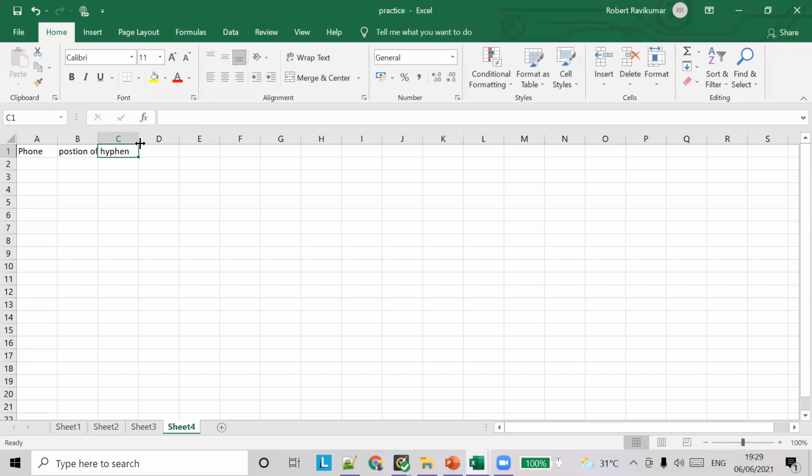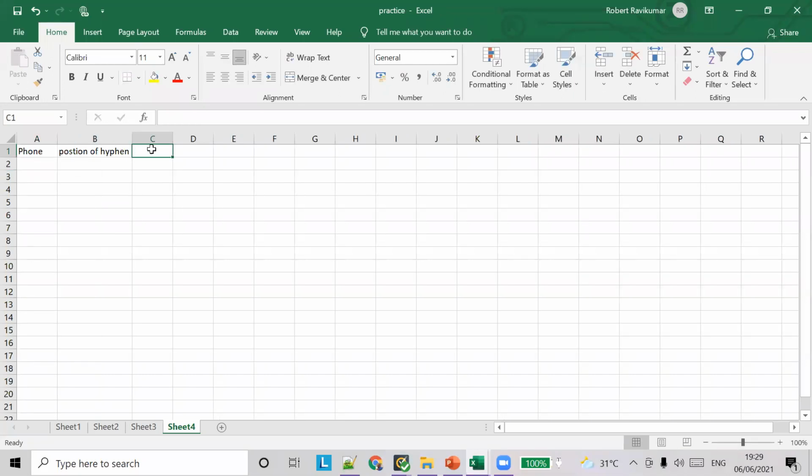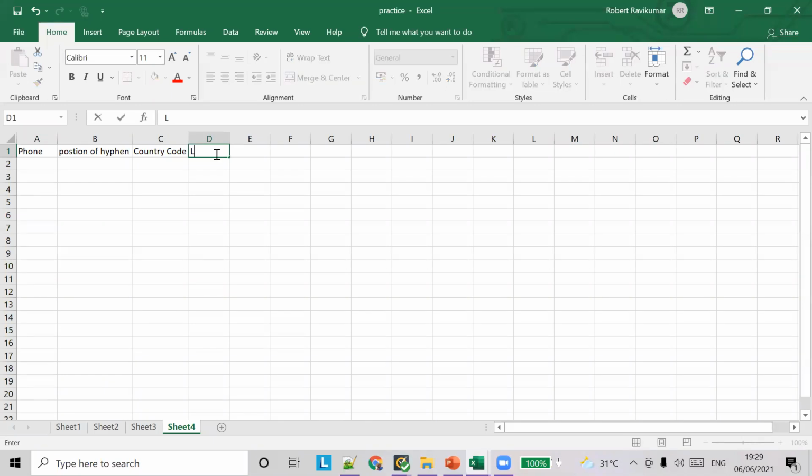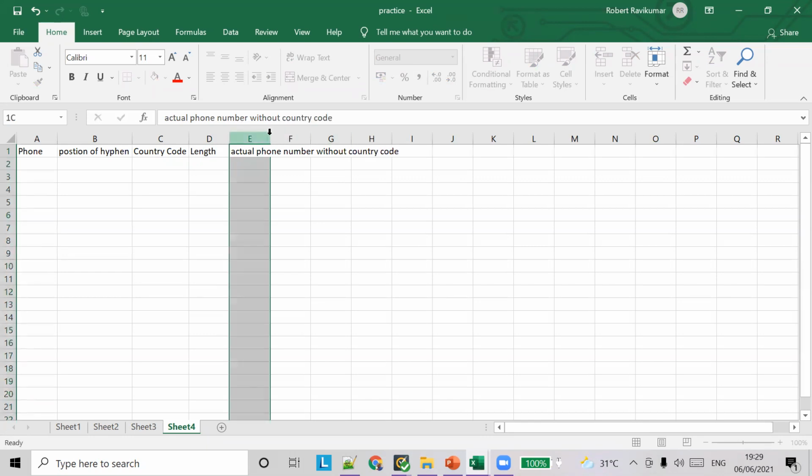Then you find the country code. Then we have to find the length of the characters, and then you find the actual phone number without the country code. So this should be our example.